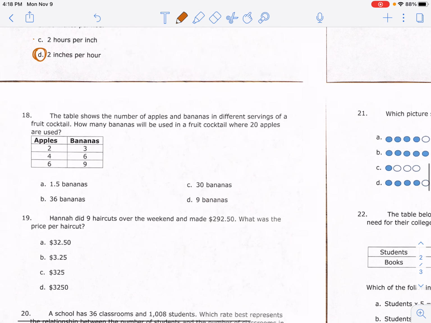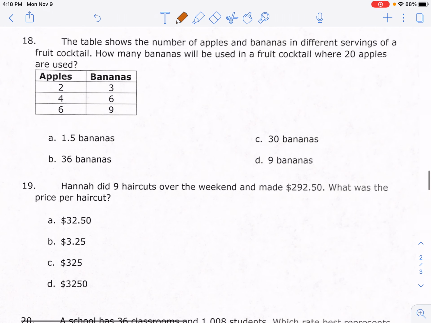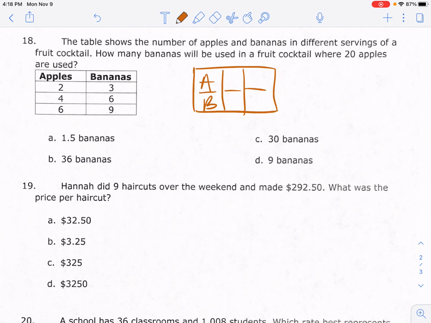Number 18. A table shows the number of apples and bananas in different servings of a fruit cocktail. How many bananas will be used in a fruit cocktail where 20 apples are used? So I could keep going with my table if I wanted to, or I could just pick a random value from there to make a 3 box. So I'm talking about apples and bananas, and I can just use my first value or any value. I can pick any value out of the table, but I know that 2 apples and 3 bananas is a